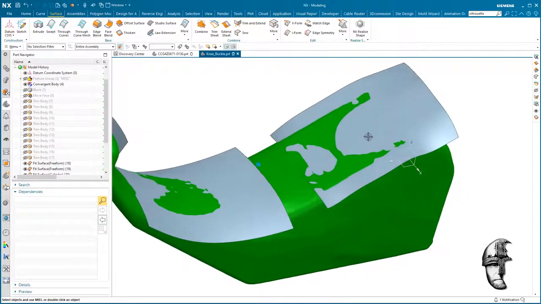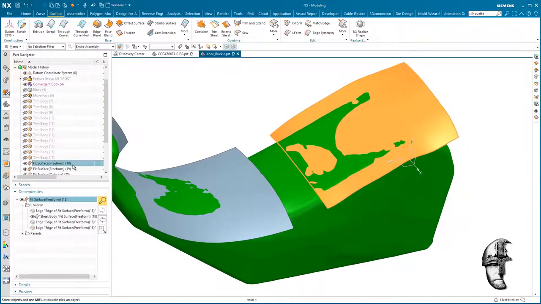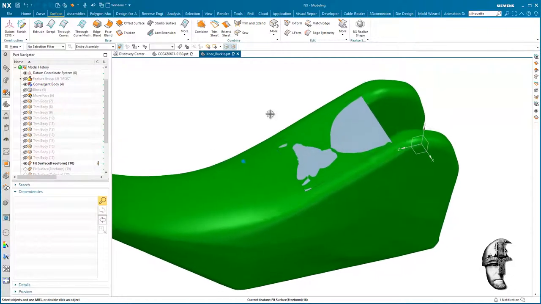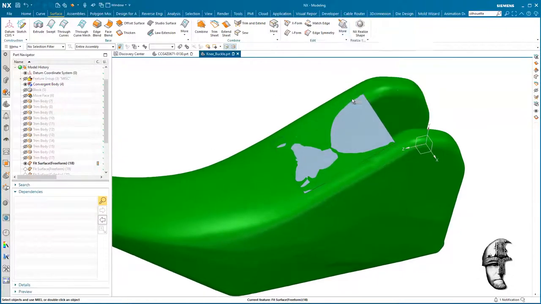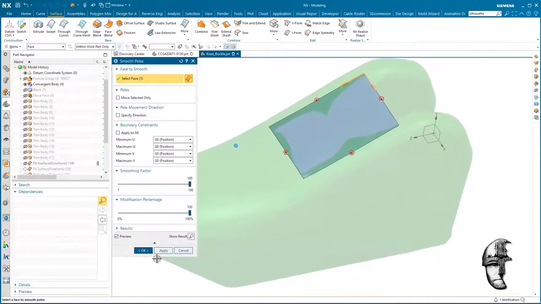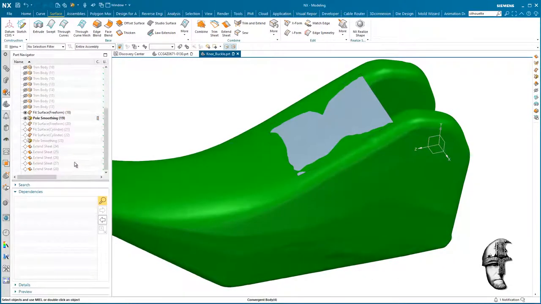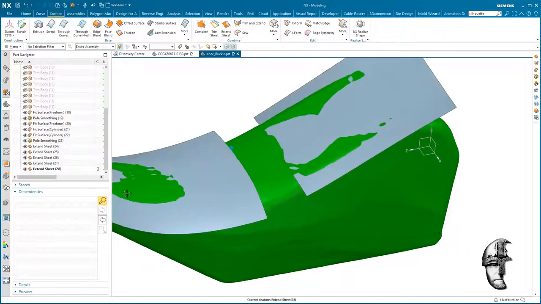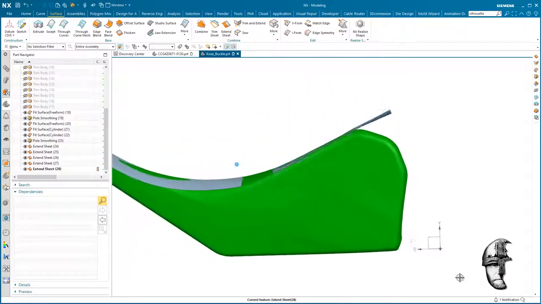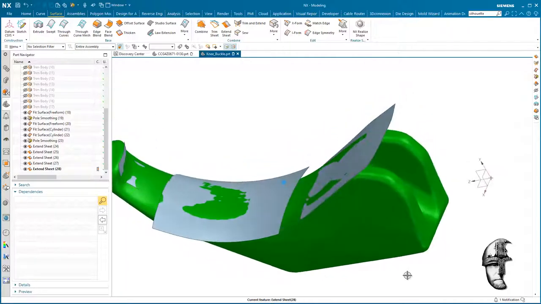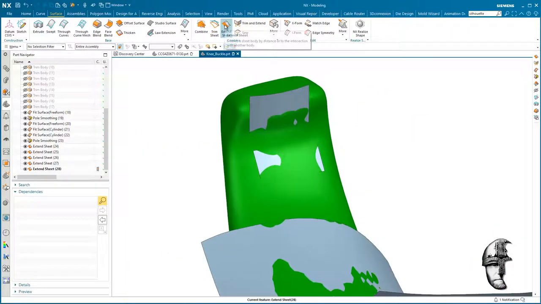And here we can see that, oh well, this is kind of throwing me off a little bit. So let's do a smooth poles to that. And let's see where we end up. There we go, much better. Let's go with that. Let's accept that for now. And we have some stuff up here,